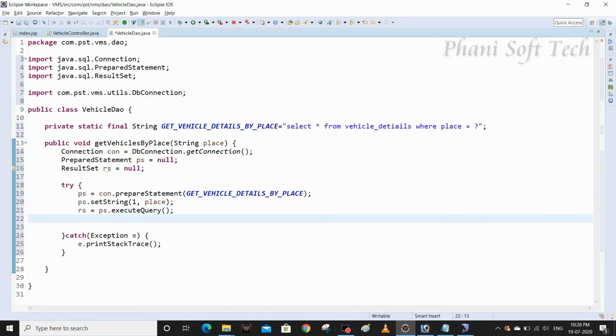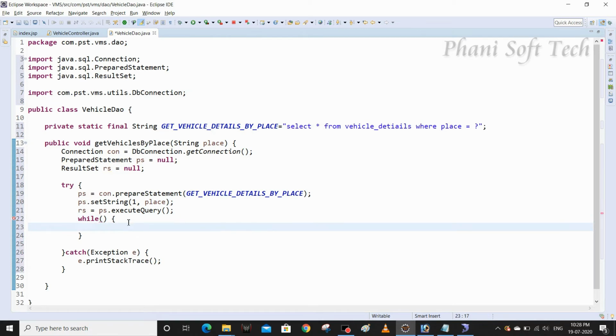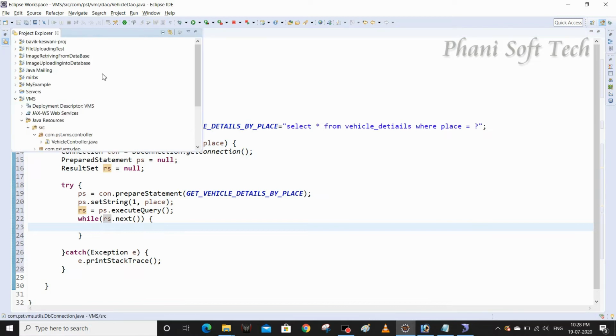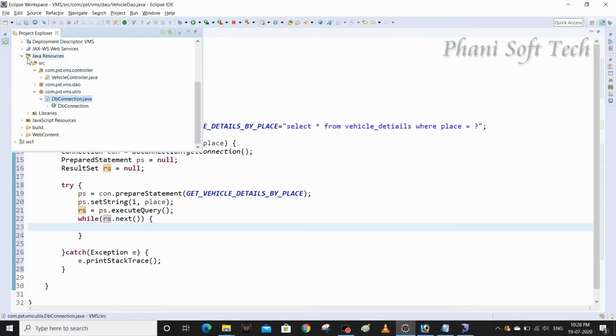I'm going to iterate over the ResultSet by using a while loop: while rs.next. So rs has multiple records, and I'm going to put each record in one object. That's what I'm going to create, one DTO object now, a data transfer object, a bean class. These are all patterns I explained in the previous video, the multi-image retrieving video. Just go ahead and see it, guys.